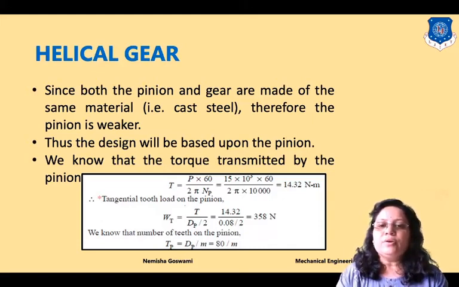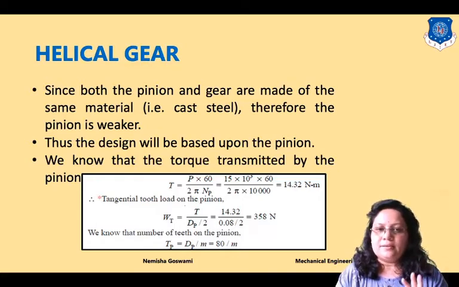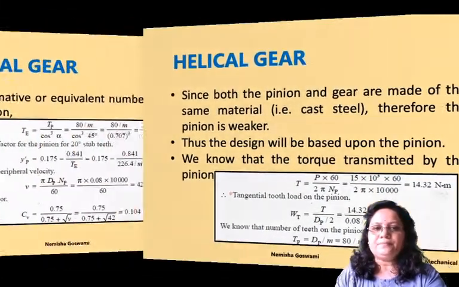So TP is equal to, it's not given, DP is given, RPM is given. So how to find out? What is the relation between TP and DP? TP is equal to dP divided by M, or you can say that module is equal to diameter divided by number of teeth. Simple. Okay. So here TP is equal to dP divided by M, and what is the DP? DP is 80. So we will put this value here. So you will get TP.